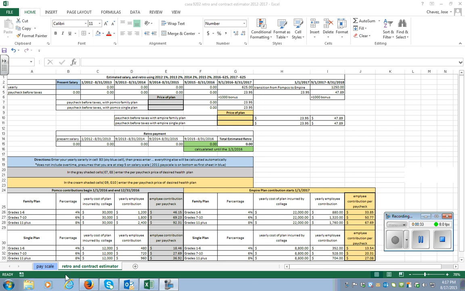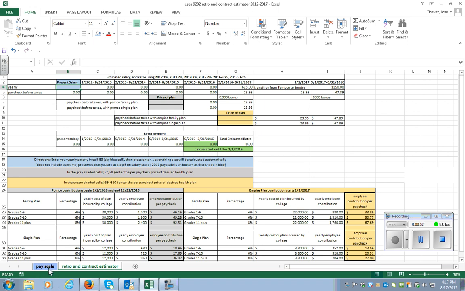So the basic element of this sheet is your present salary. If you happen to know your present salary, fantastic. Please type it into cell B4, which is denoted by the green box. If you don't know your present salary, if you go to the bottom left hand side, you'll see a tab highlighted